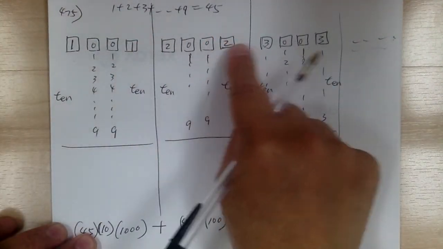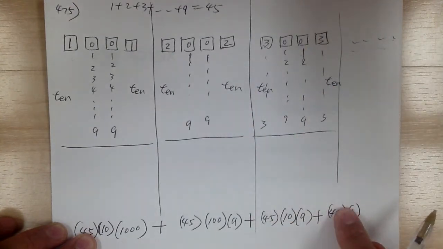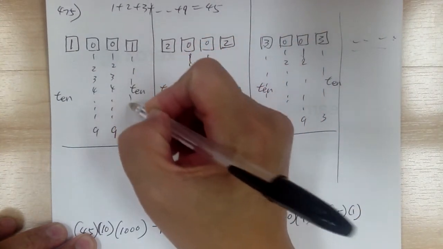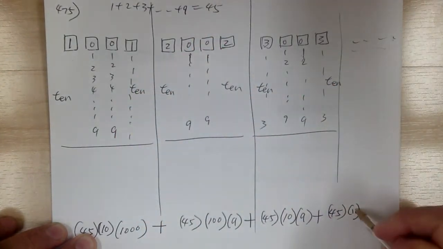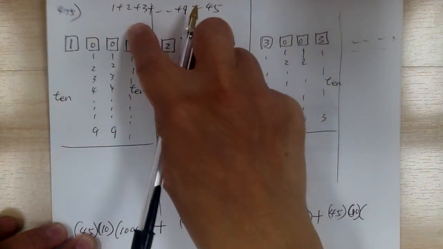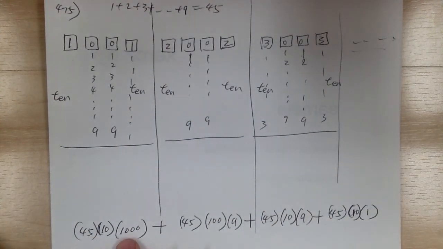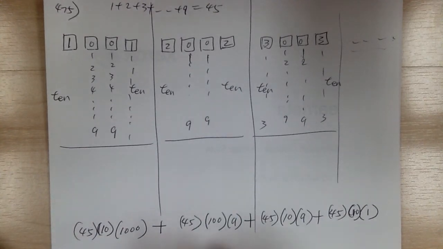So 1 plus 2 plus 3 all the way to 9, that's 45. And there are 10 sets, right? Because all these are 1s, so there are 10 sets, so times by 10. And this is a unit digit place, so each one is worth 1. Whereas this over here is thousands place, so worth 1,000. So this is equal to 45 with 4 zeros, and this will be